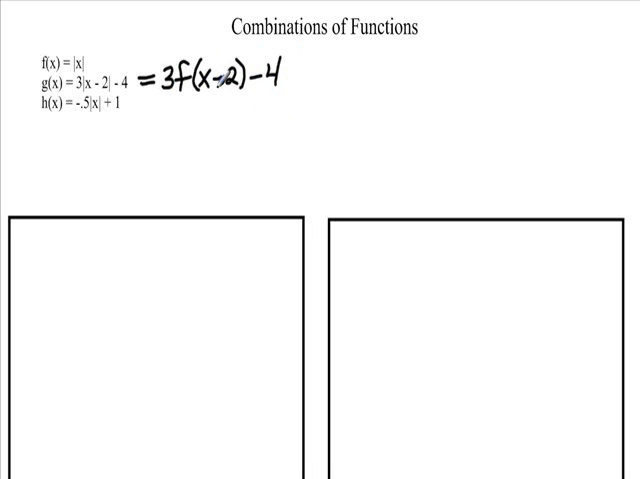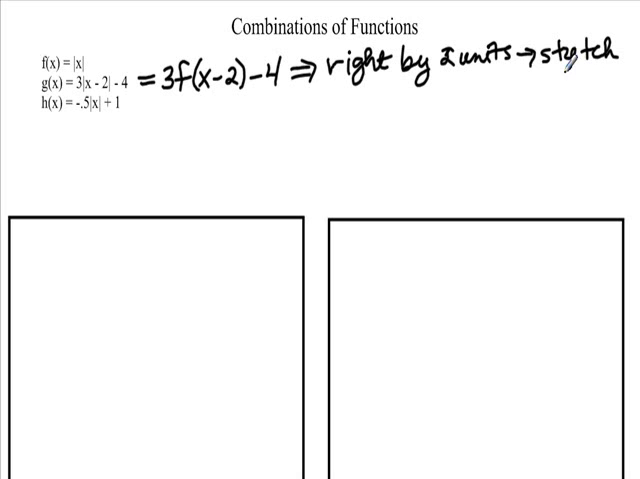If you recall, the inside addition or subtraction moves the graph left or right, so that means that we're going to move the graph right by 2 units, and then we will apply this factor of 3, so that's going to stretch the graph by a factor of 3, and then we're going to move it down